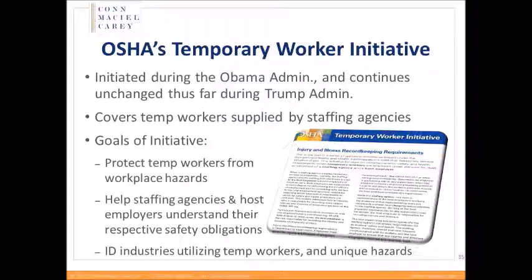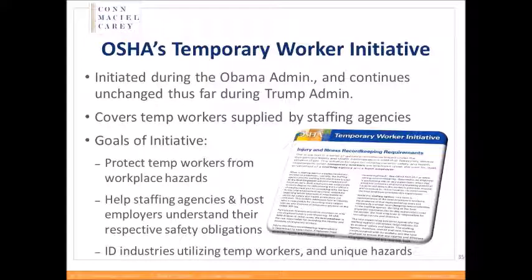It is temporary workers who are supplied by a staffing agency. There are other types of worker-employer relationships that are effectively temporary worker relationships, but this initiative covers specifically that staffing agency relationship. The expressed goals of the initiative by OSHA were to protect temporary workers from workplace hazards, to help